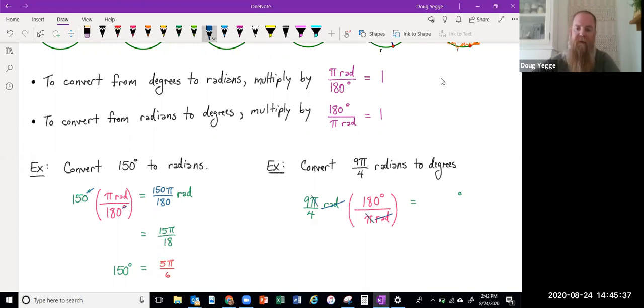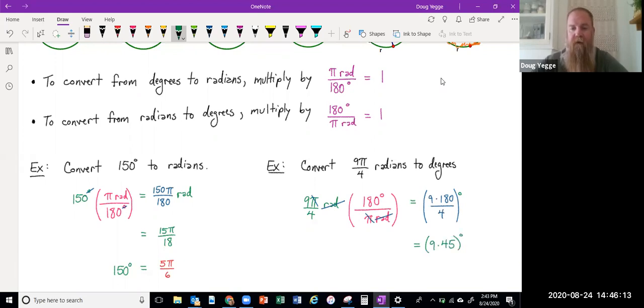And so now, just to make this easier without actually multiplying it out, I'm going to leave this as 9 times 180 divided by 4. And the reason I'm doing this temporarily is just because oftentimes the denominator will go into 180 instead of having me multiply 9 times 180 to get a massive number. So instead, we could see that 4 goes into 180 45 times. So what we're left with is 9 times 45